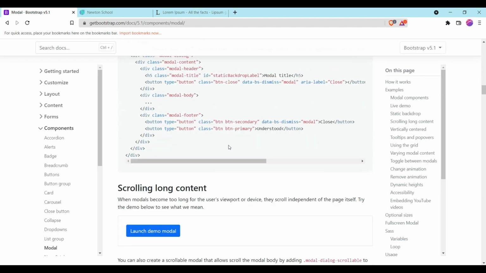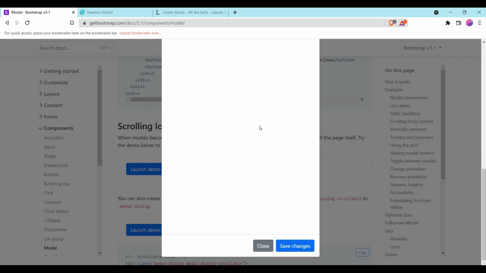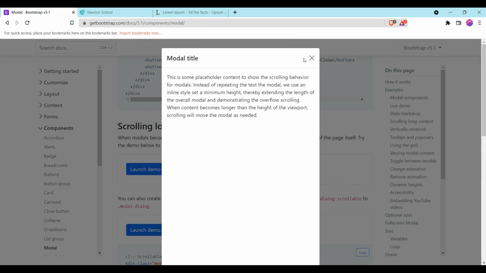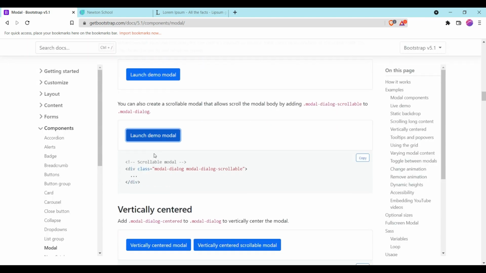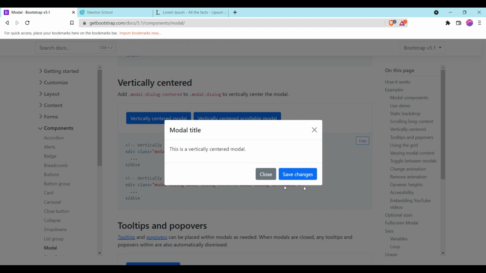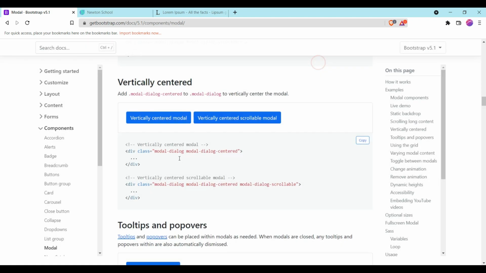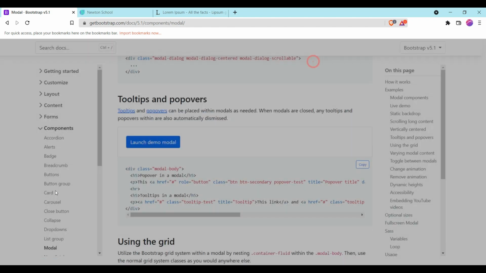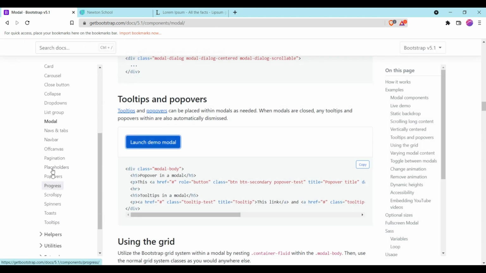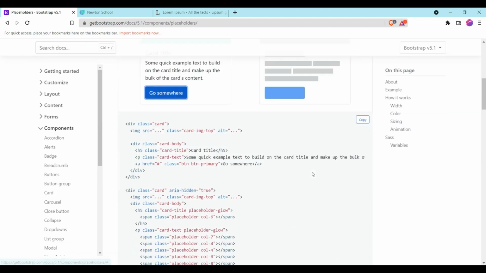Also, you will get multiple types of options over here, like this one, and this center one. Also the placeholders, like this.